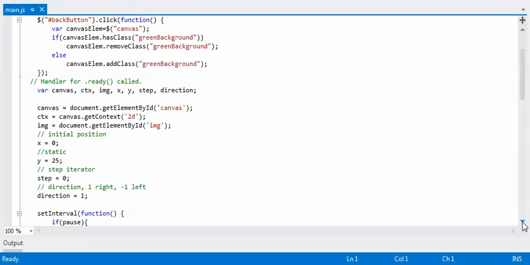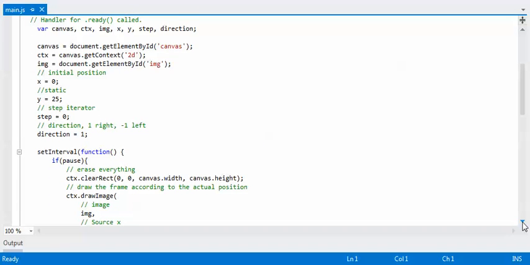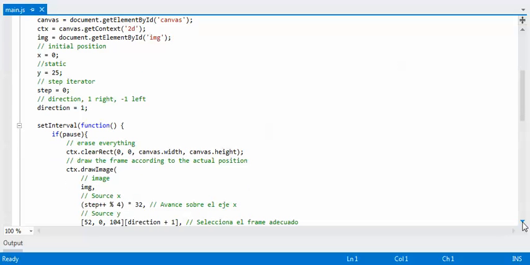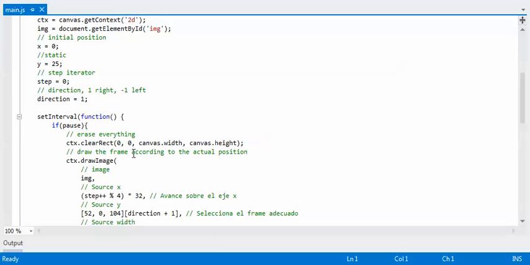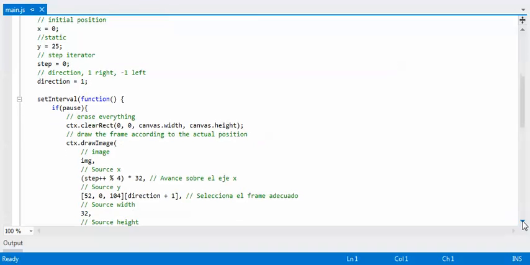And then you can see canvas is two-dimensional, like you have an x-axis and y-axis, starting from the upper left-hand corner, and it also sets up its steps and directions. Of course, there is the function that will run the whole project. When I pause it, it will erase its previous steps, and clearRect will clear the pixels in a given rectangle. And then it will start to draw again,